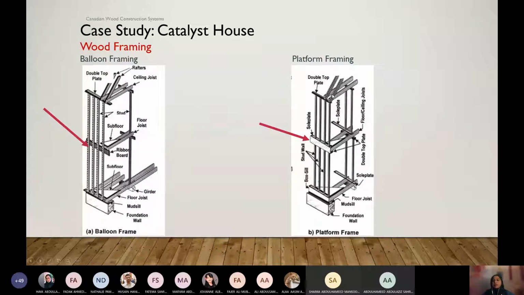If you have another floor, the same process repeats. That is the main difference between balloon framing and platform framing. In the house I showed you, we use platform framing, and this is a very common and standard practice here. The main advantage is in terms of load distribution, strength, and stability of the structure.